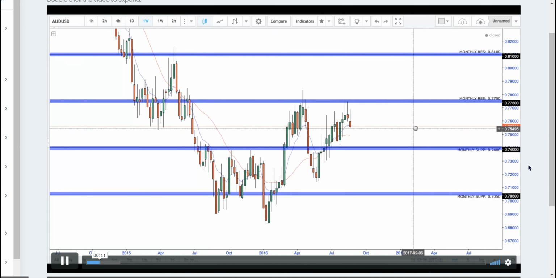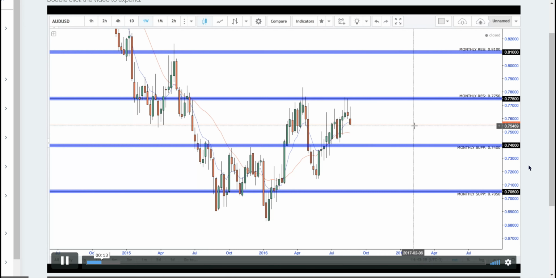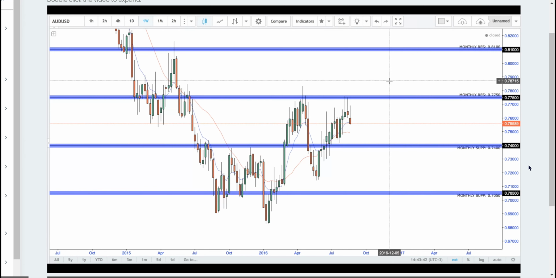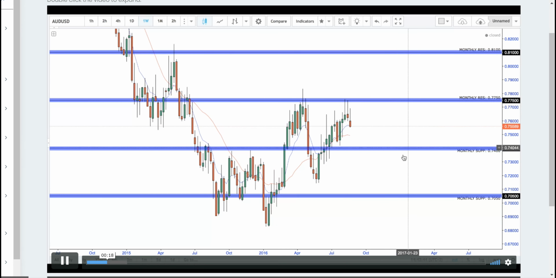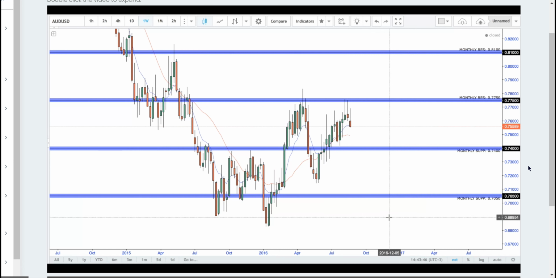Okay guys, so now we're going to step it down to the weekly. Aussie again right in front of us, and this is the weekly time frame. So these are the boundaries which we've just placed on the monthly. As you can see, we've more or less eradicated the rest of the chart structure, and we've avoided a lot of confusion. So we've cut the chart up nicely, and we can focus on what is really relevant on this